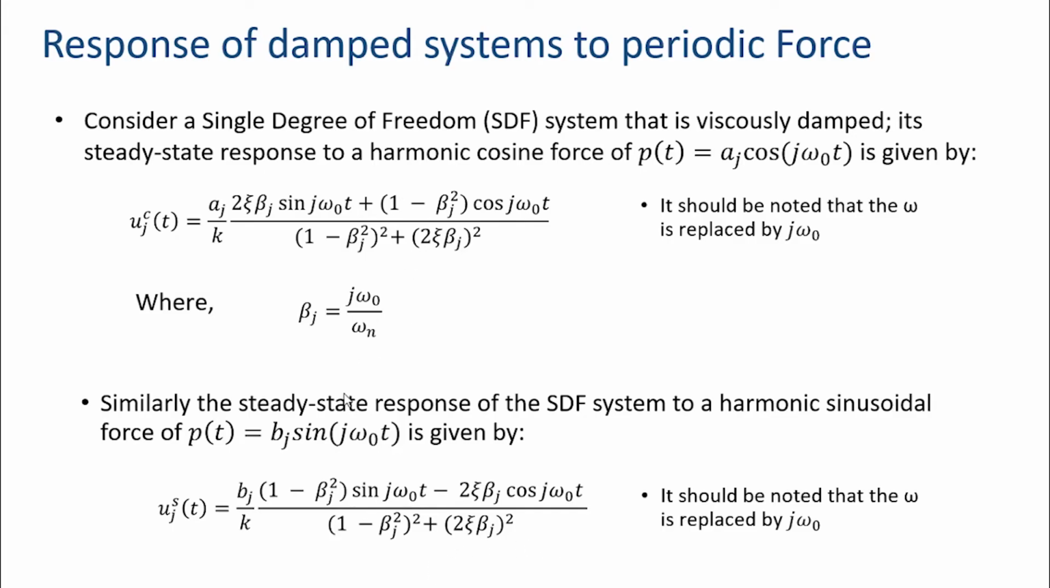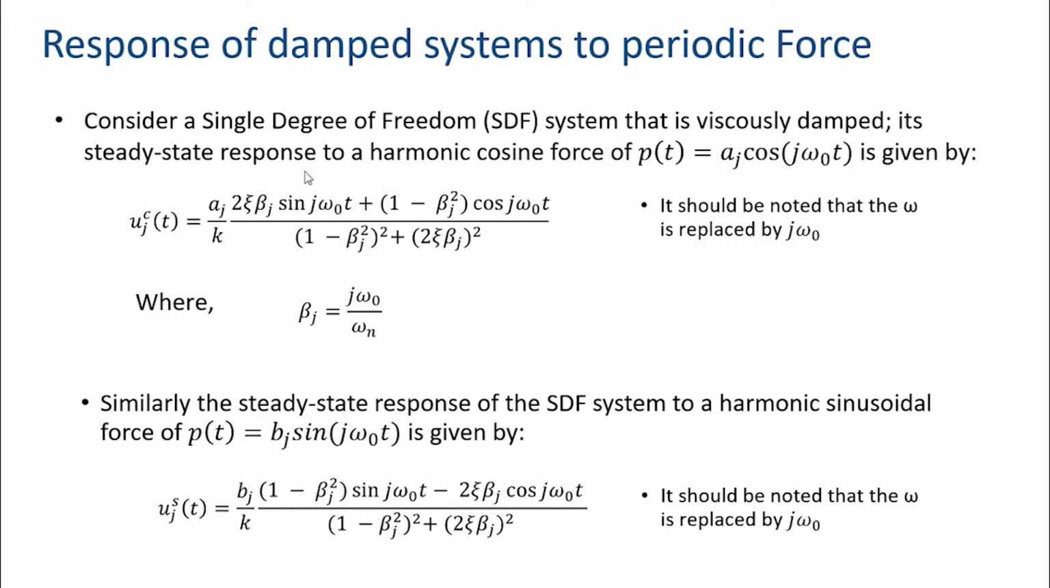If you just compare these two responses, that is the responses to sine and cos forces, the expression is quite similar. The numerator is same, and this constant term is amplitude by k. That is Aj by k here and Bj by k here. Both the numerators have sine and cosine terms. The coefficient of cosine term in this expression is equal to the coefficient of the sine term in this expression,